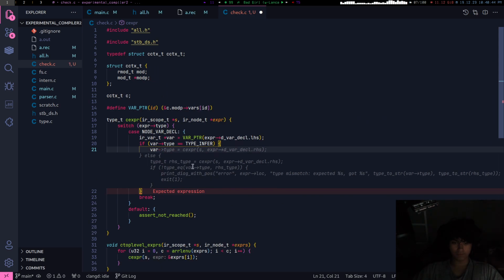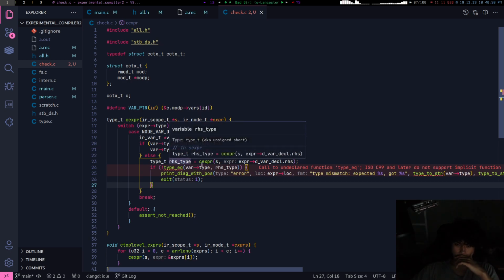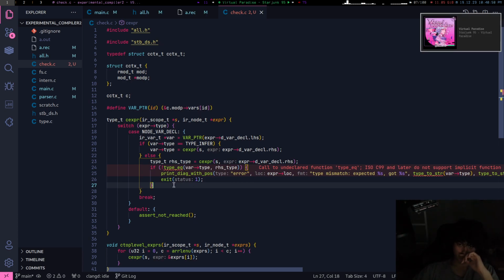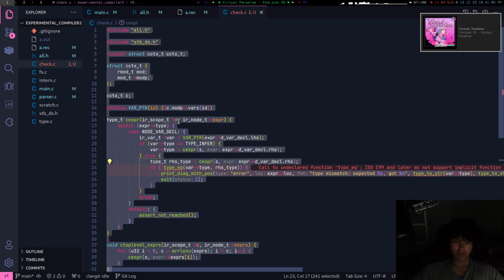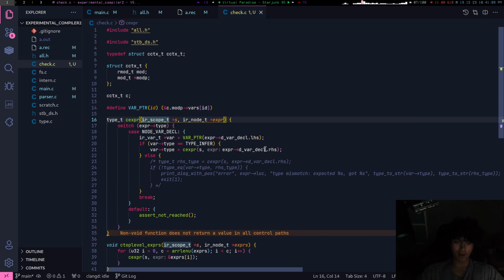Okay, well, this line's good. So what are the rest? What are they giving me? Type mismatch. You know, it's not bad having an upvalue.